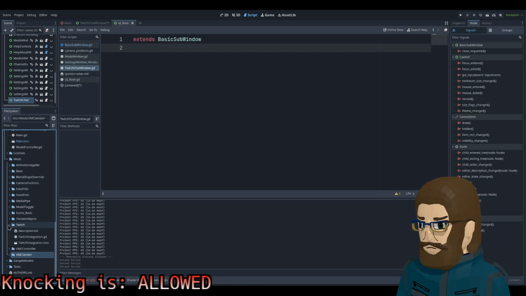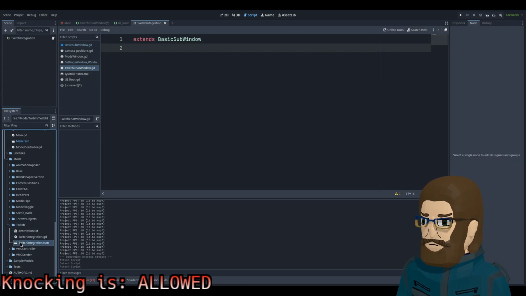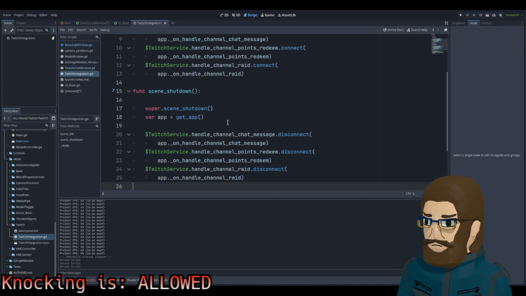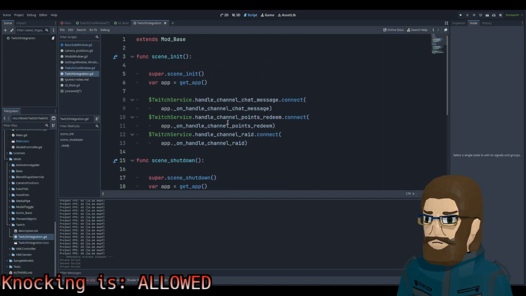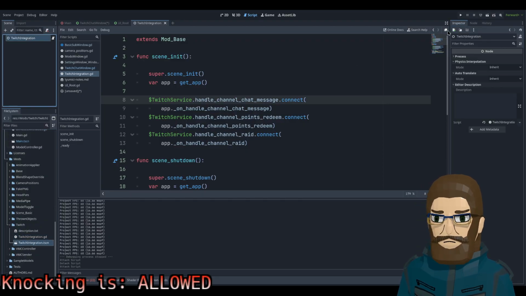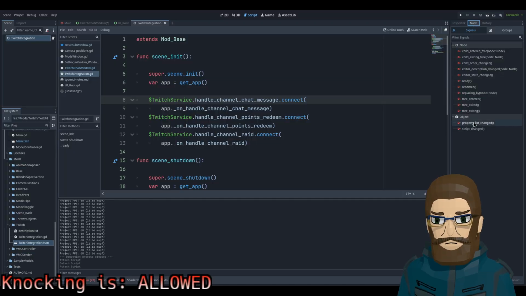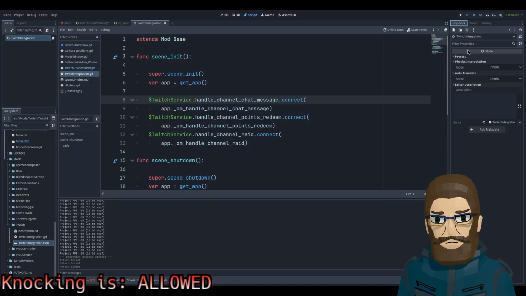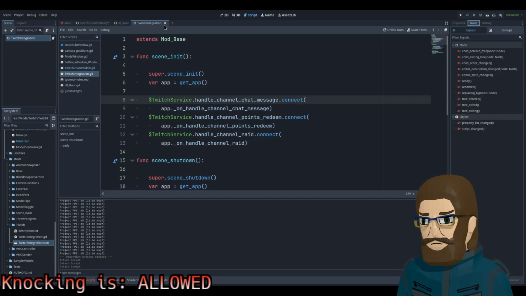So we want to be able to get this guy. Node. So you're like nothing?